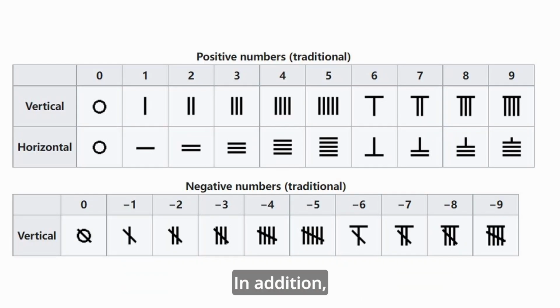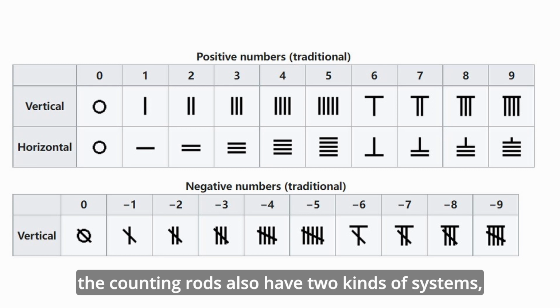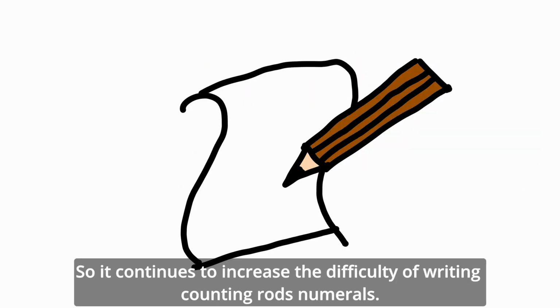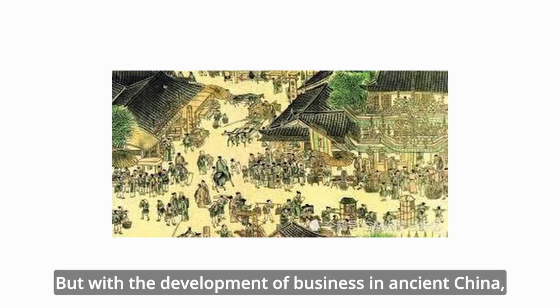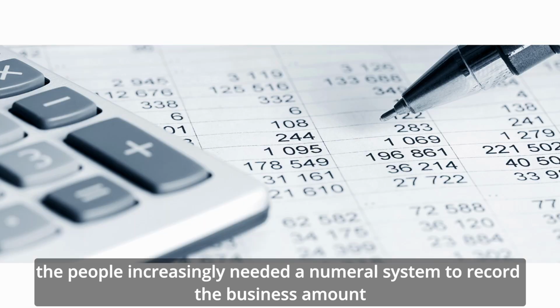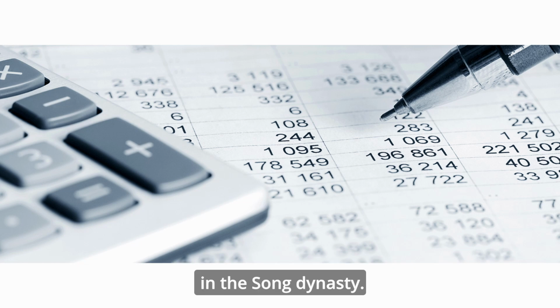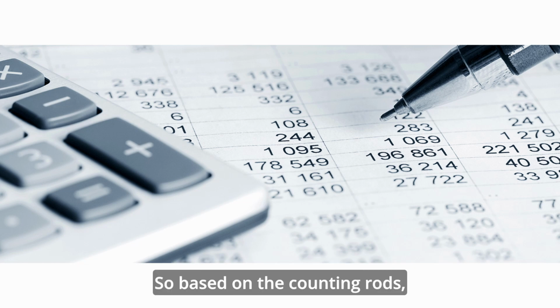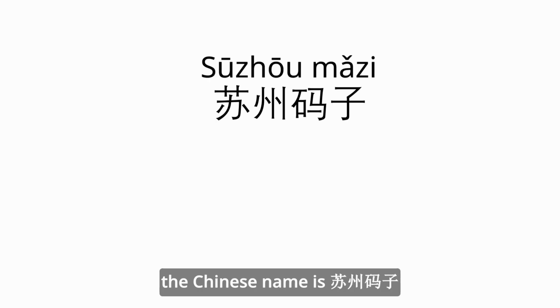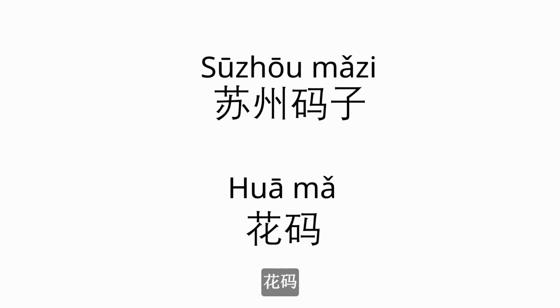In addition, the counting rods also have two kinds of system. They are vertical and horizontal. So it continues to increase the difficulty of writing counting rod numerals. But with the development of business in ancient China, people increasingly needed a numerals system to record the business amount in the Song Dynasty. So based on the counting rods, the Suzhou numerals, the Chinese name is 苏州码子, or 花马,